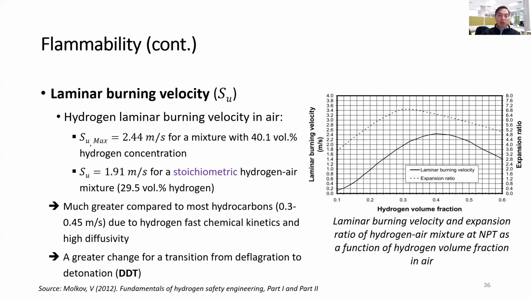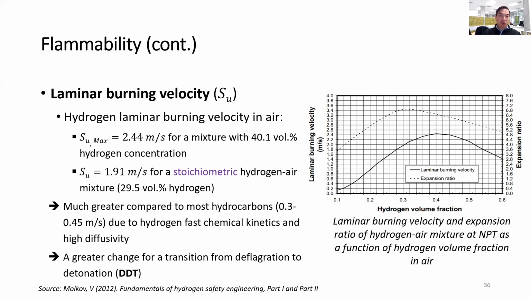So the hydrogen laminar burning velocity in air varies, as mentioned before, with temperature, pressure, and concentration. The maximum laminar burning velocity of hydrogen in an air mixture is about 2.44 meters per second when you have a hydrogen and air mixture with 40.1% of hydrogen. At stoichiometric hydrogen air mixture, when you have